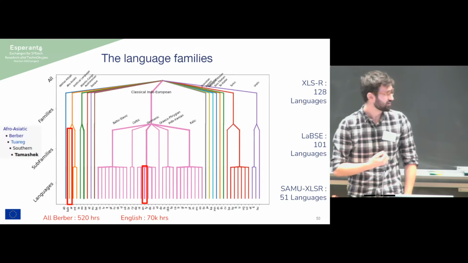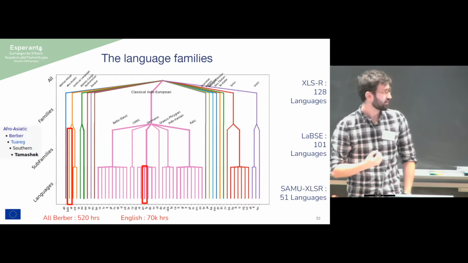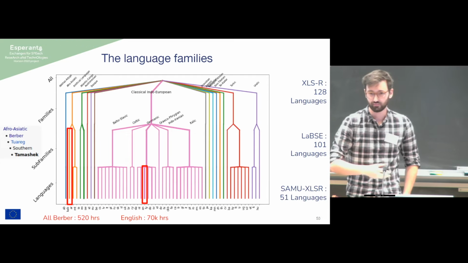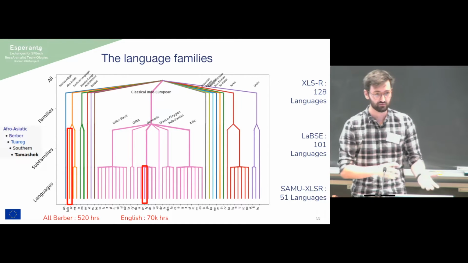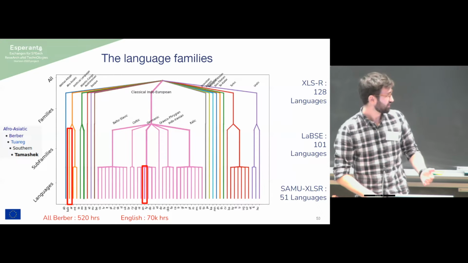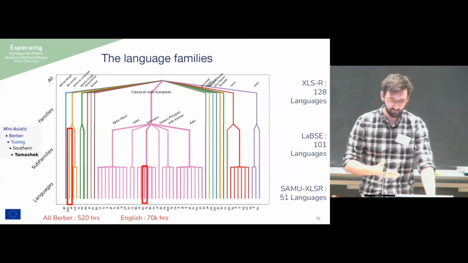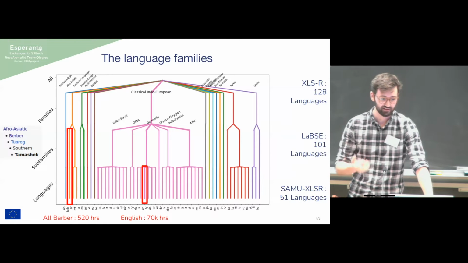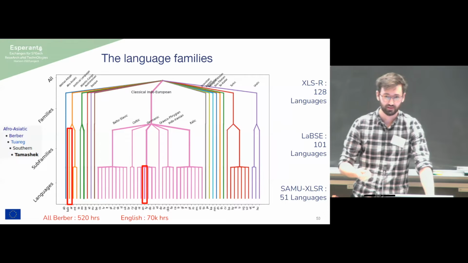One of the first things we did when we arrived was to look at which languages were actually used in their pre-training, if there were intersections between those sets, and what the characteristics of those languages were, the amount of data available by language. Here you have an example, a dendrogram of the different families of the languages that were used for training SAMU-XLSR, classified using families and subfamilies according to the Ethnologue classification.